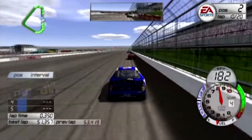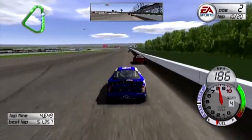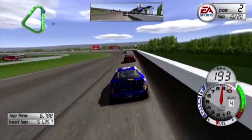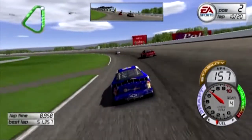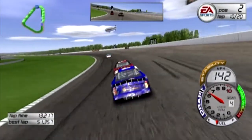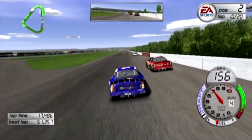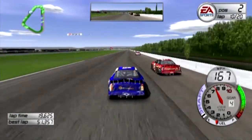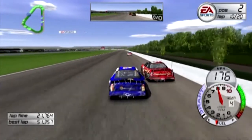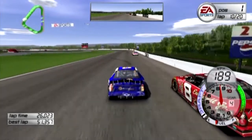Dale Jarrett has now caught up to us, and I think that's Jonathan Wolf also there behind him. Ricky Rudd's rounding out the top 5. Had to burp the throttle a little bit there. I saw I was getting a little bit too much into the red line, getting too much of a run. I'll give Junior a shot, push him up ahead, but he went up the racetrack. That just allowed us to get back to the inside. Side drafting him, trying down the, not the short chute, but